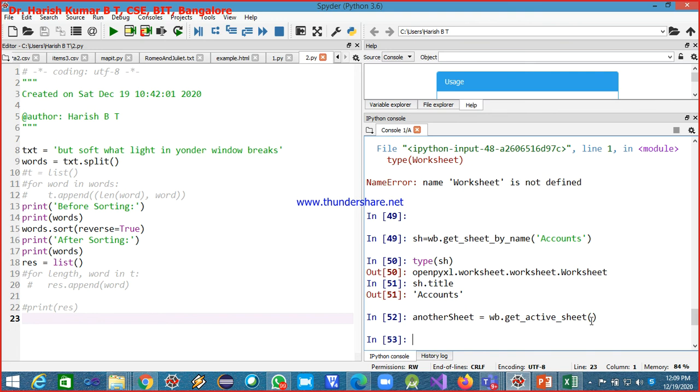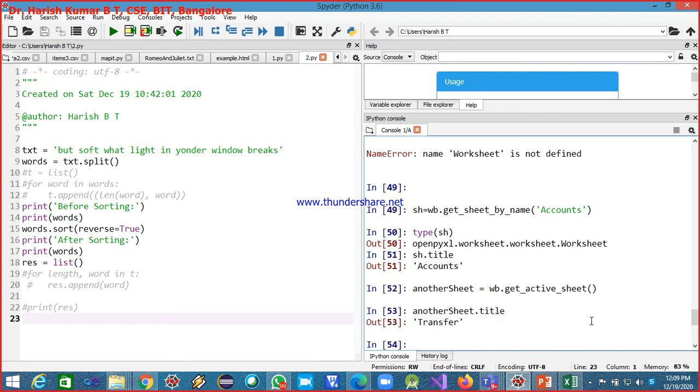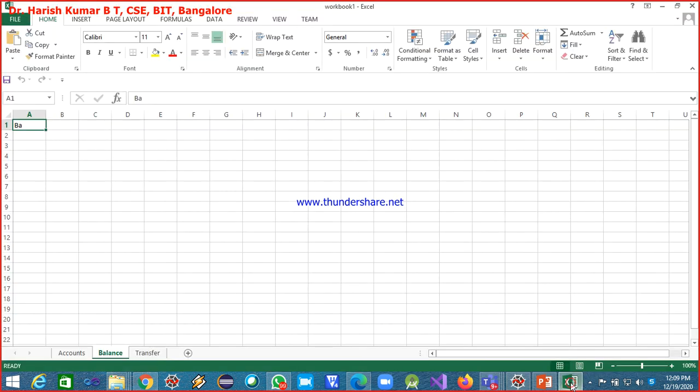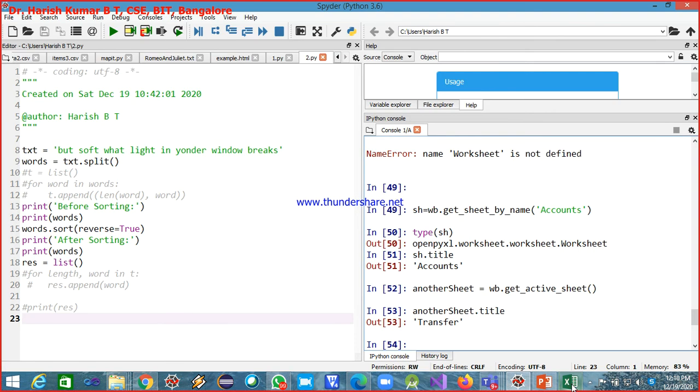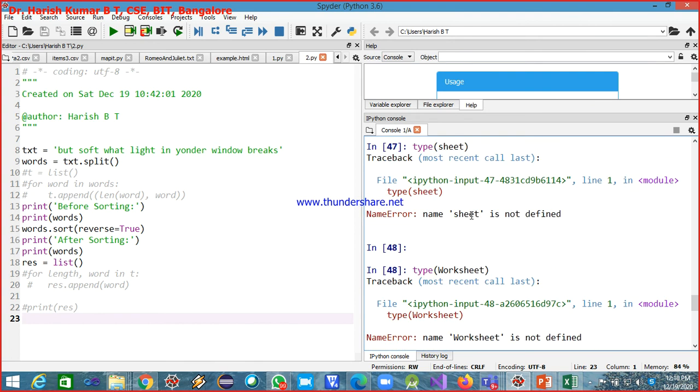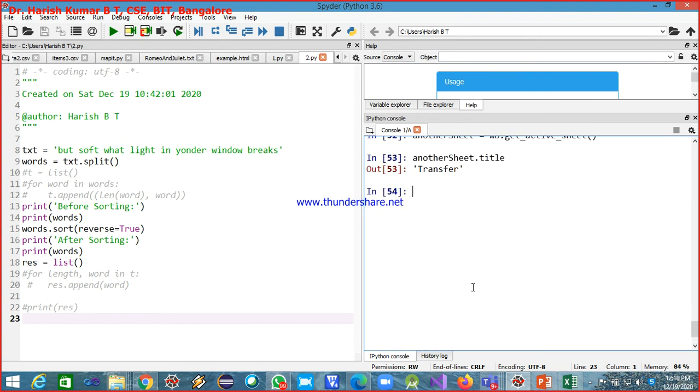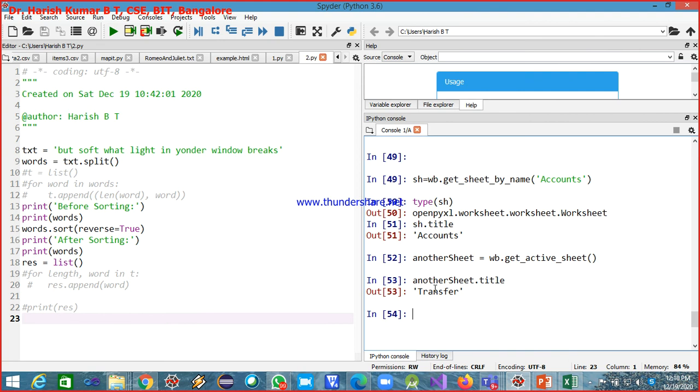Okay, now if I go for doing another sheet dot title, it should say balance now. Okay, sorry. All this was at the time of creating this WB object. So at the time of creating this WB object, which was the sheet that was active? Transfer was the active.